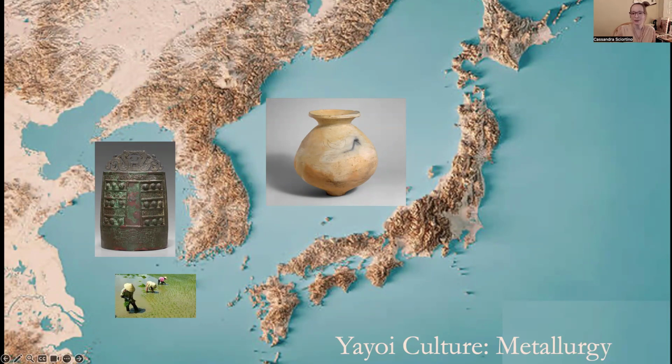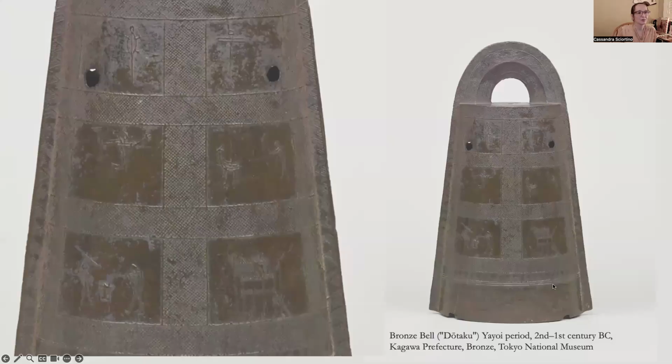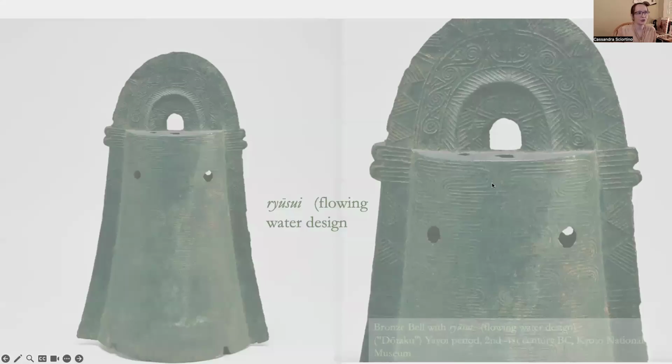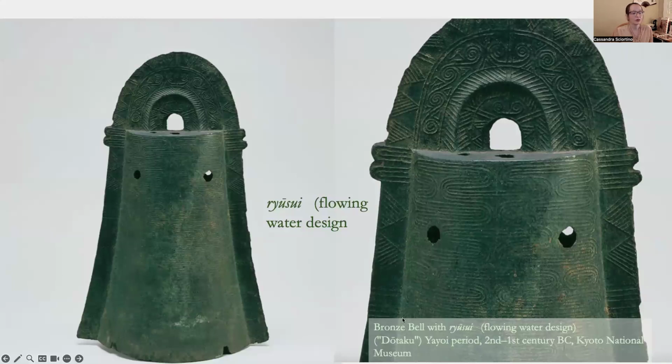culture. And with that complexity came works such as these bronze works, demonstrating the Yayoi's understanding of the techniques of metallurgy coming from China. But what is notable is the very distinct style that is explored and expressed through the Yayoi, which can be only related to this culture and is not derivative. We ended our last lecture looking at this magnificent bronze bell, a dotaku coming from Yayoi, and I linked it